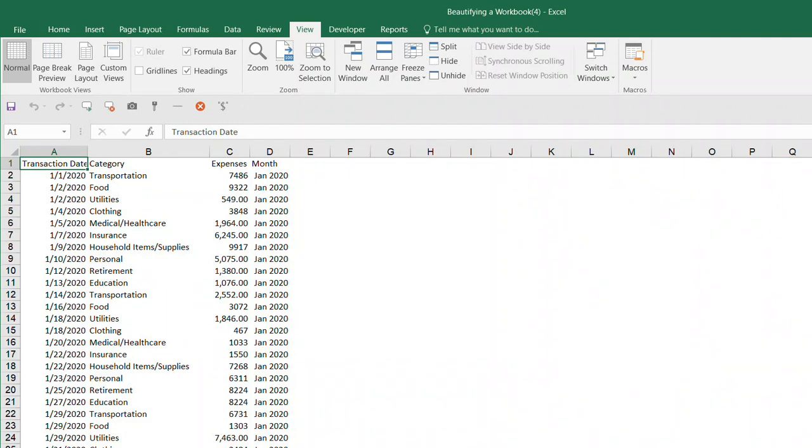For that I'll click on the very first cell, that is cell A1, and hold Ctrl and Shift keys and press the right arrow key. That will select my entire header. Format it as bold now. Ctrl plus B is the shortcut. Okay, now our header is formatted.